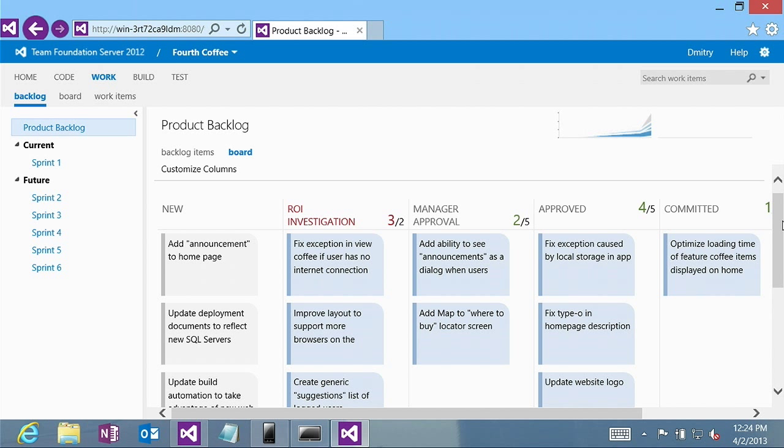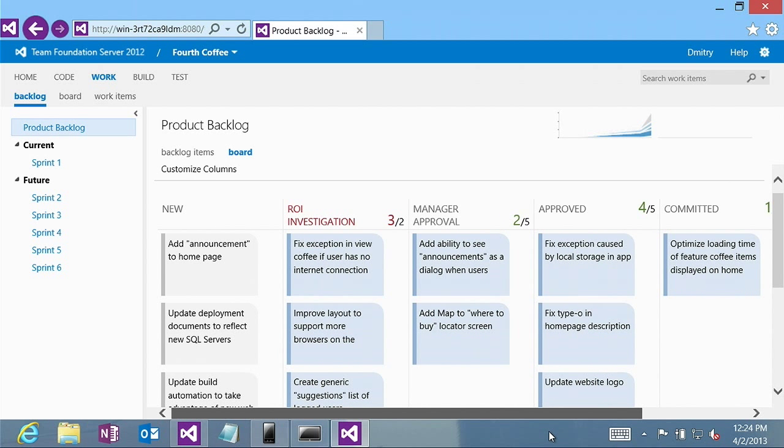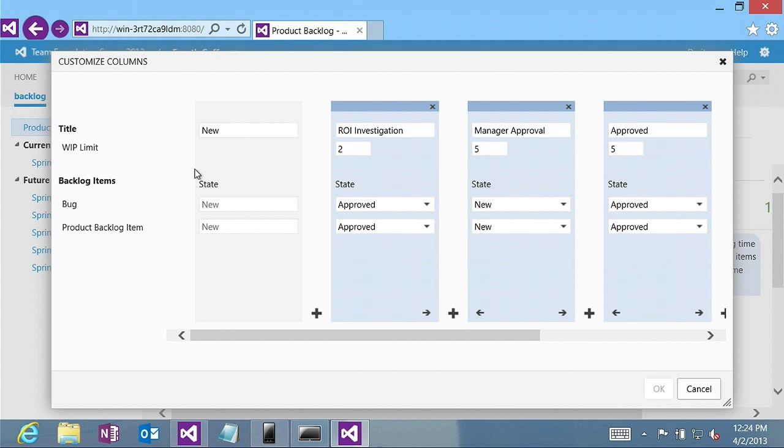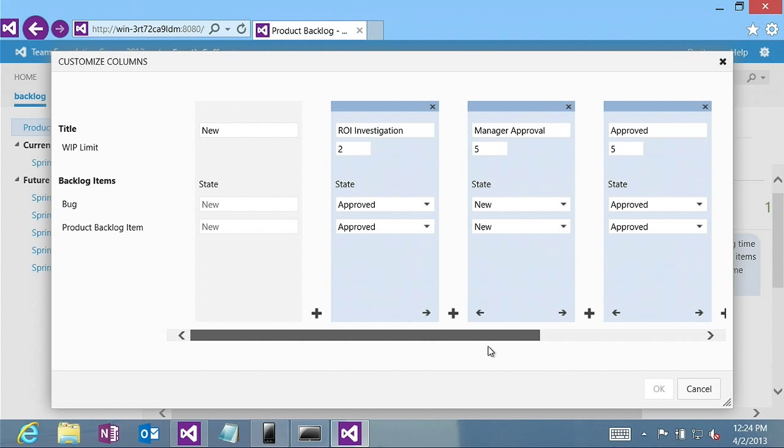So yeah, there's a lot in there. The next thing that I want to point out is, for anybody that has used the Kanban board, today we're obviously not training people how to use Kanban, but just showing some of the functionality. If you have been using Kanban, it's worth saying that when you have, I'll go back to customized columns, when you have states that you've configured, when those states change, that's when your work item gets updated, and you can actually see that. So as I move something from new to approved, as I did with a few items,